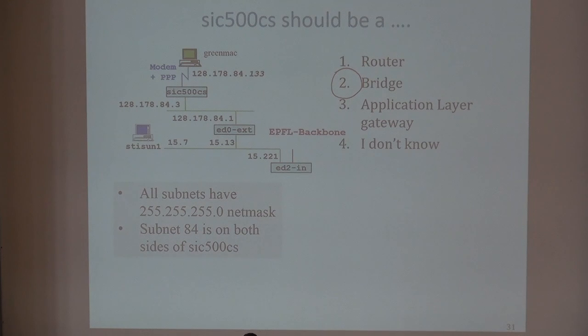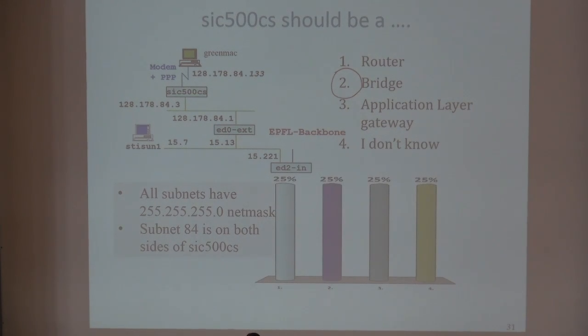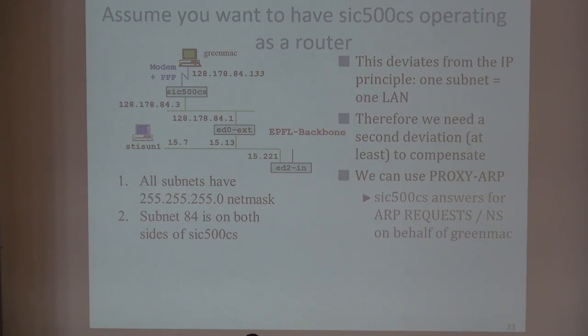Now, assume you want to cheat. In this real world, we can cheat. And you want it to operate as a router. If you do that, you're cheating somewhere. So you will need to manually or by some other procedure compensate the cheating that you've done. If you cheat once, you have to cheat at least twice, and sometimes even more. That's the tragedy of cheating, right? You're caught into a bad direction.